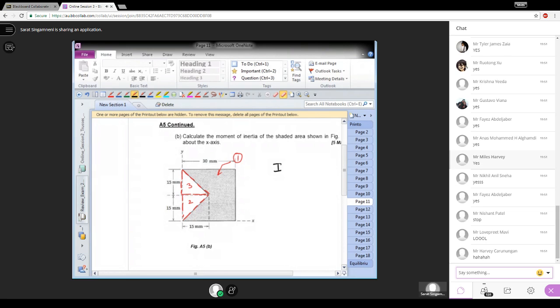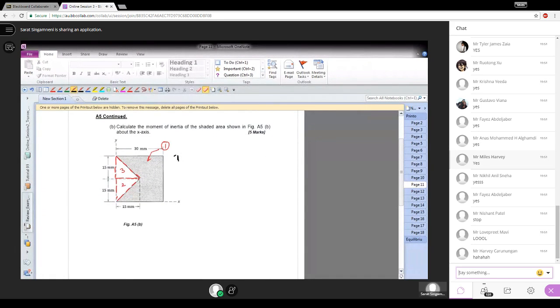Yep. So for this problem, you need to take these three as three areas. Then what is the question? What is the moment of inertia about the x-axis? So for that, you write Ix equal to Ix1 minus Ix2 minus Ix3. I will not solve this whole problem. The final answer you will get for Ix is